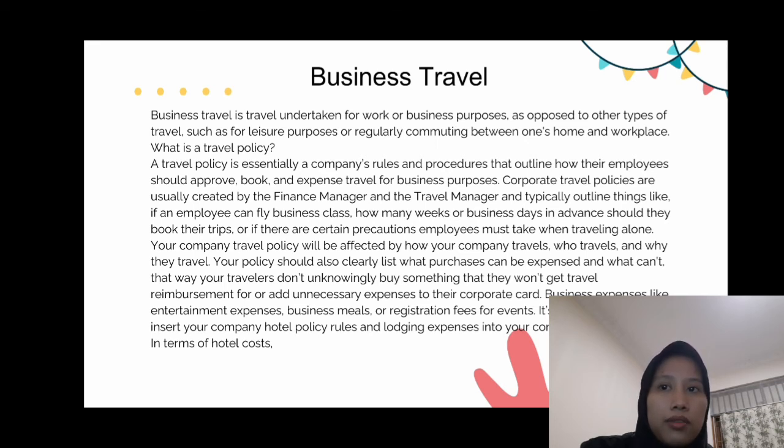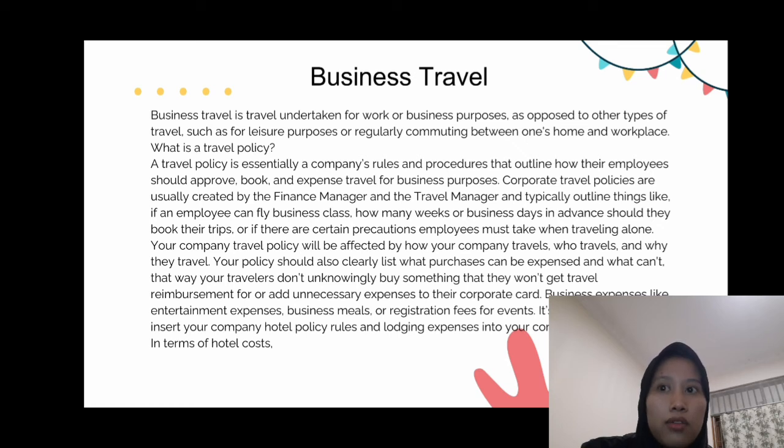Your company travel policy will be affected by how your company travels, who travels, and why they travel. The policy should also clearly list what purchases can be expensed and what can't.